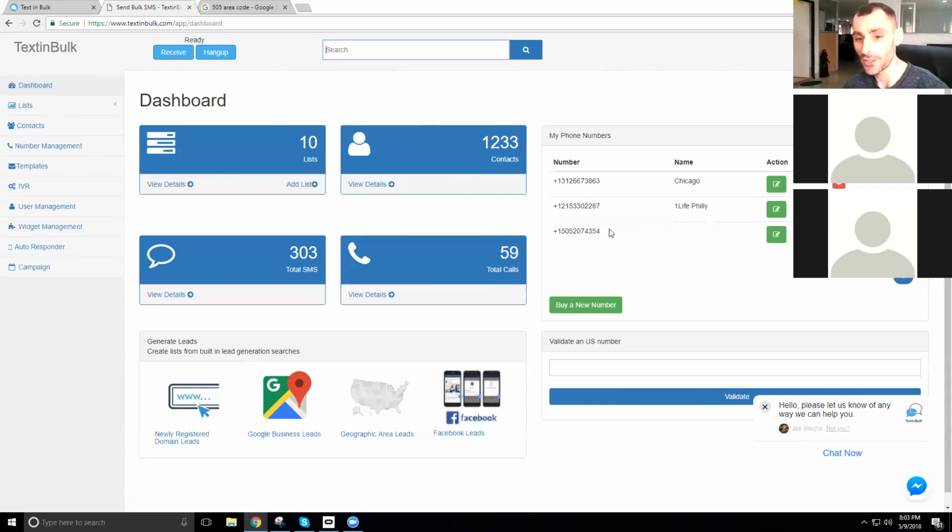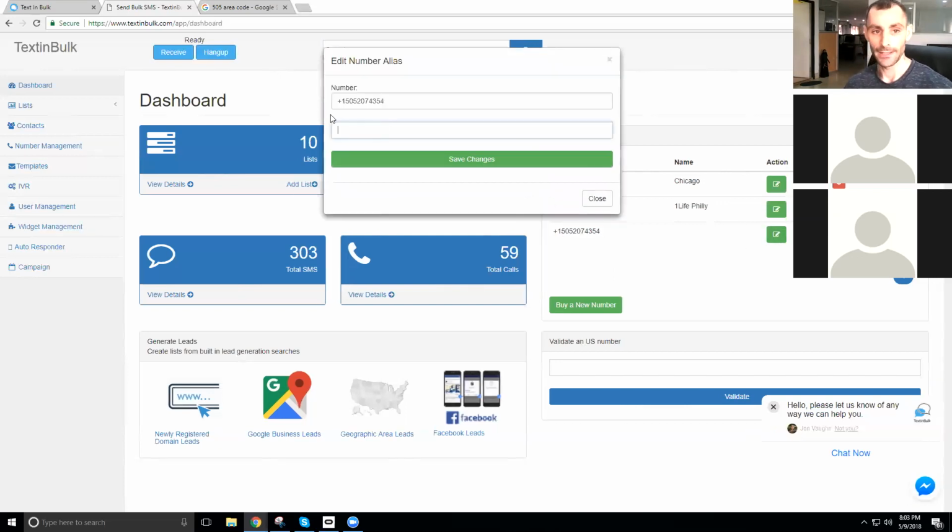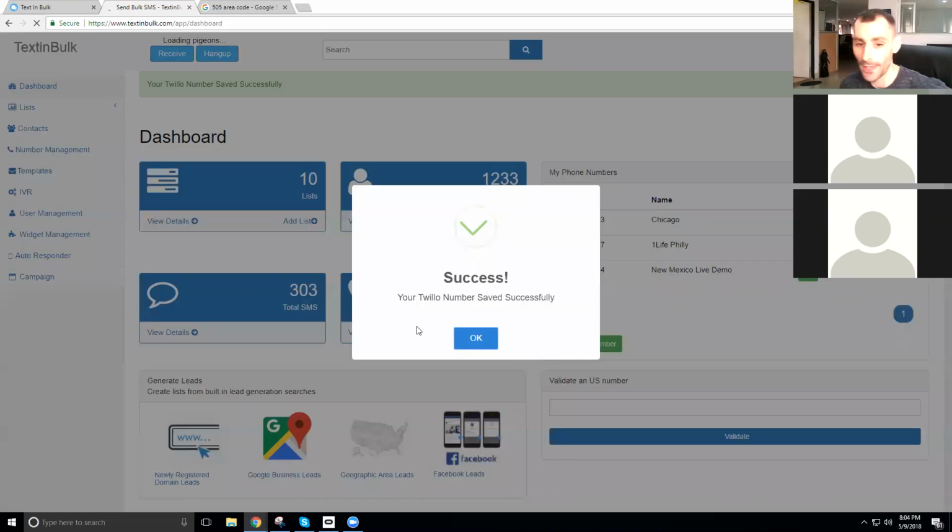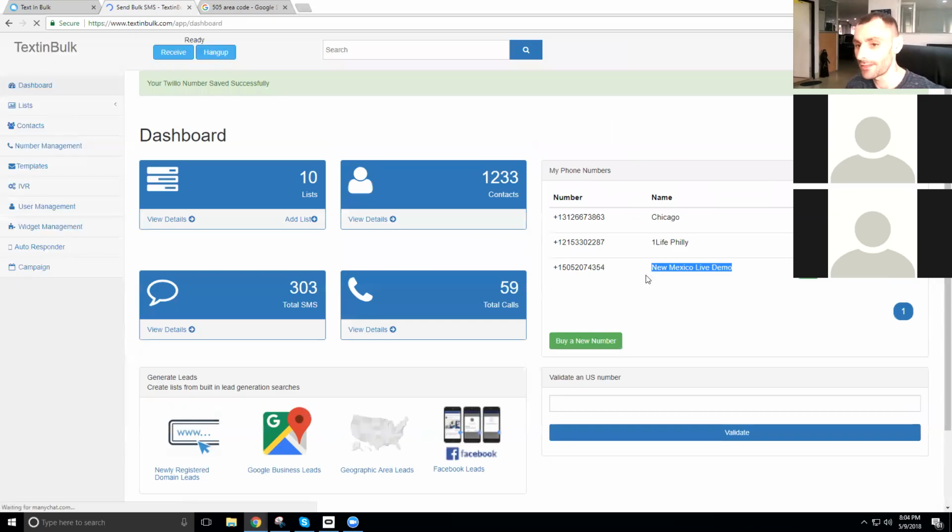So I essentially just went in and I bought this phone number right here. So what I'm going to do is give it a nice name so I know what it is. This is New Mexico live demo. So this is a phone number for New Mexico live demo. That way when people text this phone number or they call this phone number, I can easily understand what lines